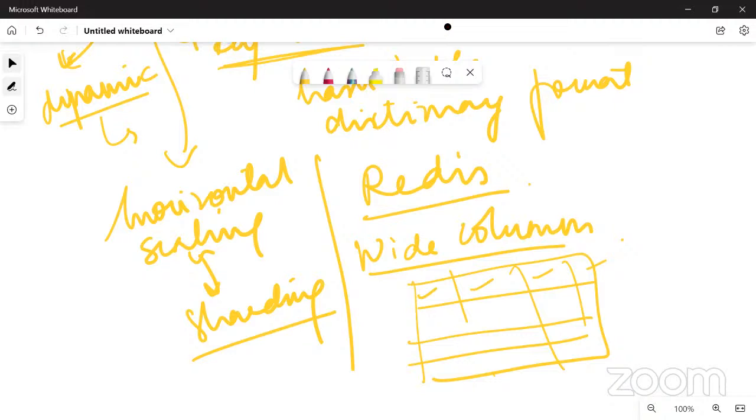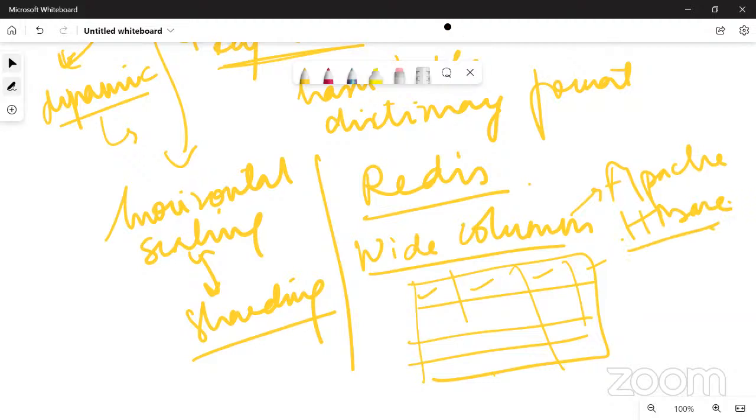Wide column data stores are highly partitionable. It has a notion of column families that are stored together. The logical coordinates of a cell are row key, column name, and version. The example of wide column is Apache HBase.